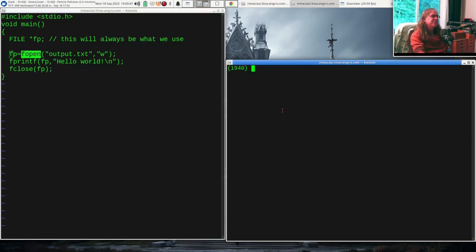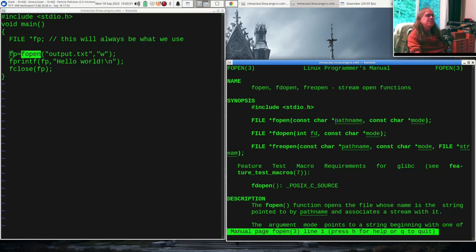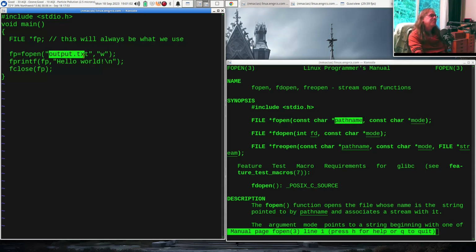So fopen, if we look at the manual page for it, fopen takes two arguments. The first is called a path name, and it's a pointer to a character, which means it's a string. What is a path name? It's the name of the file. It could be just something like output.txt. Remember, that's a relative path name, so that means in our current directory. Or it could be something like, let's go ahead and put this in /tmp. And now we've got a whole path to this file,